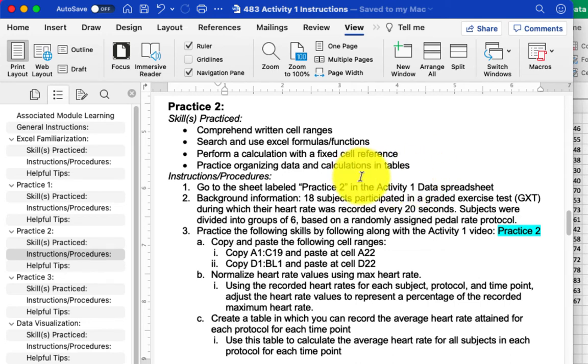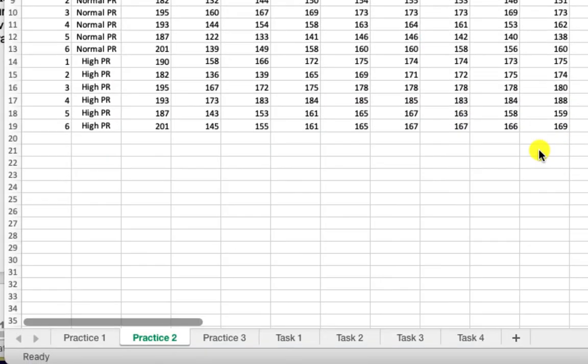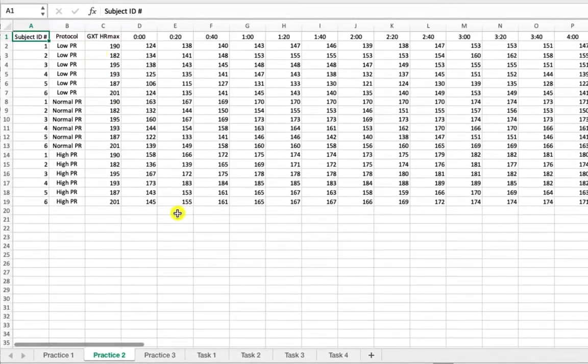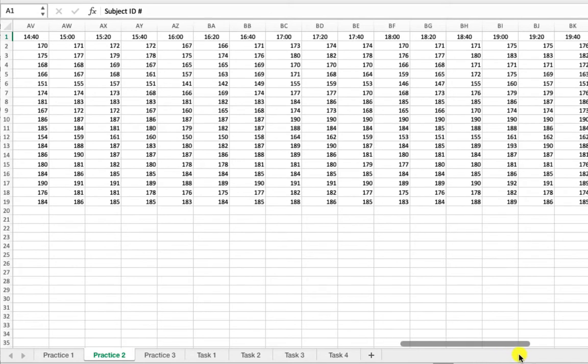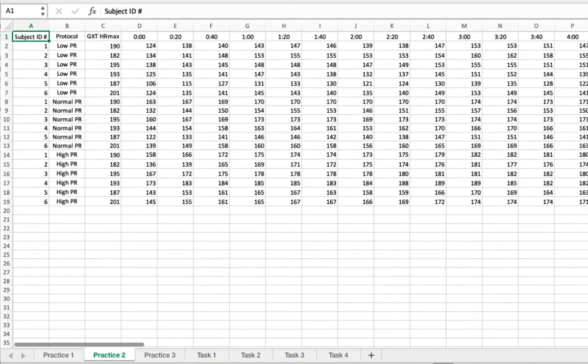The first thing that we're going to do is go to the sheet labeled Practice 2. If you were previously on sheet number 1, where Practice 1 is, you can now go to sheet number 2, and you will see a bunch of data. If we use this little slidey bar, there is a lot of it. This is a really great example because when you're working with really large spreadsheets and lots of numbers, it's nice to have an expedited way